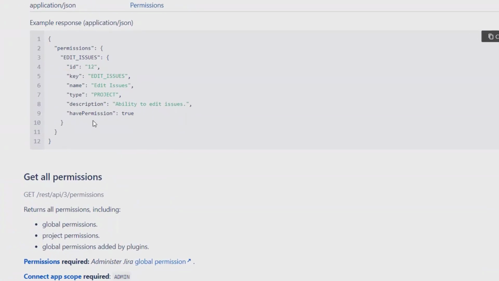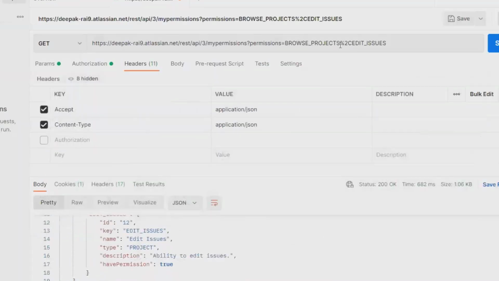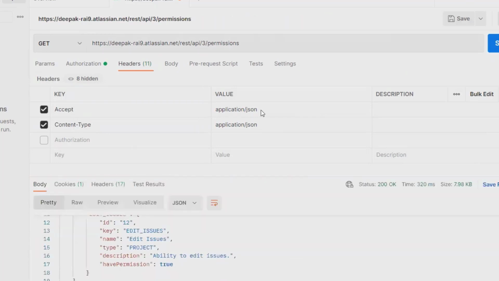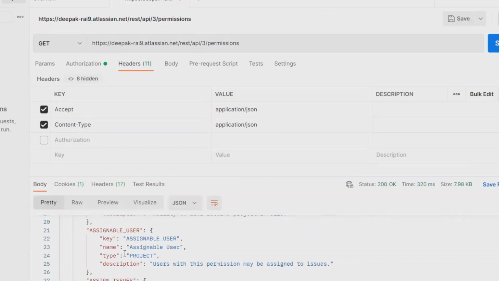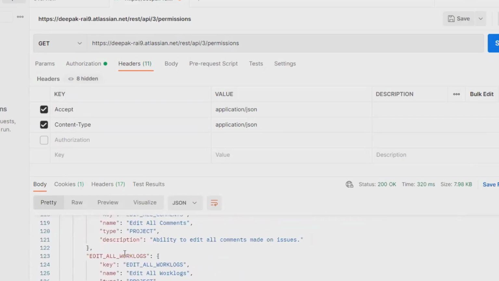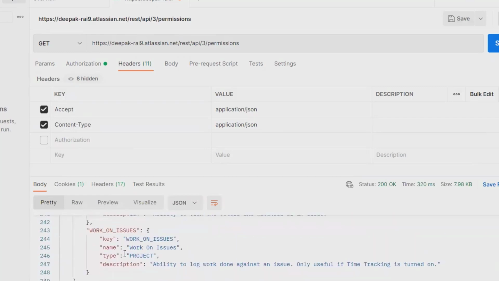When we talk about get all permissions, for getting all permissions we simply have to write permissions as the method only. This will give us the complete permission detail. You can see here, whatever permissions I have, the complete permission detail will be available here.